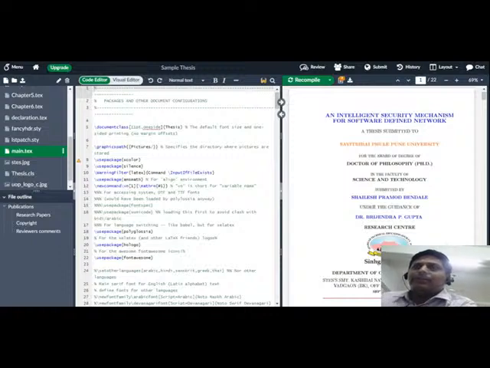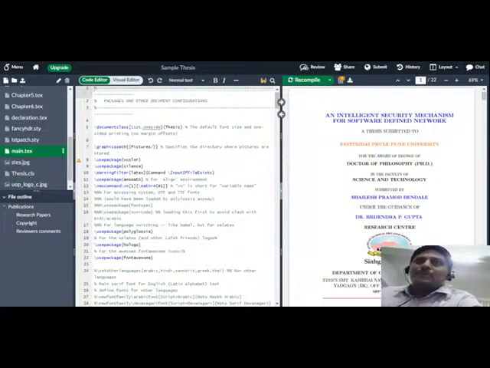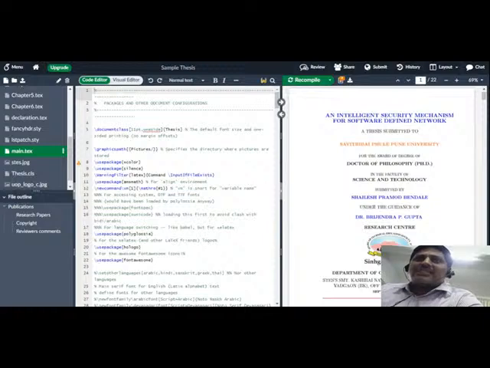Okay, so this is the basic sample for LaTeX. If you want to write a LaTeX report for your thesis or your BE project, if it is a mini project, if it is your ME project and your MTech, MS report, or if it is a PhD report. So this is the syntax that you use, and this is the tool which is called Overleaf, which you